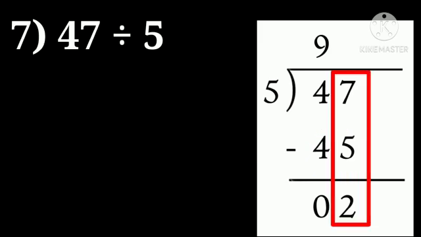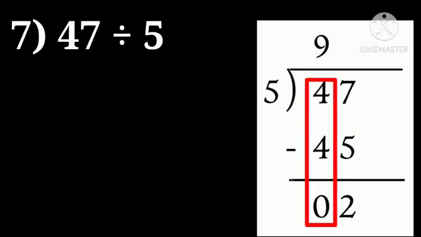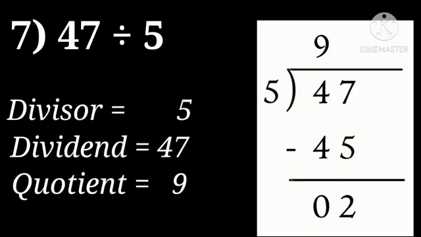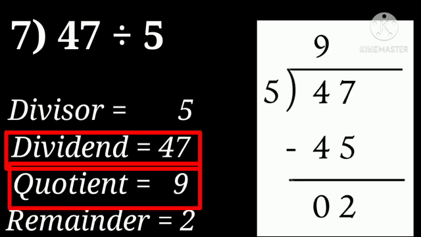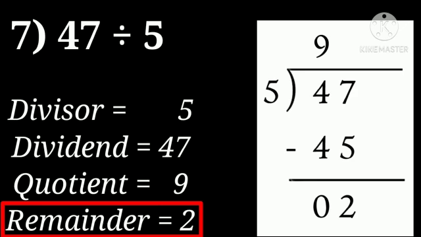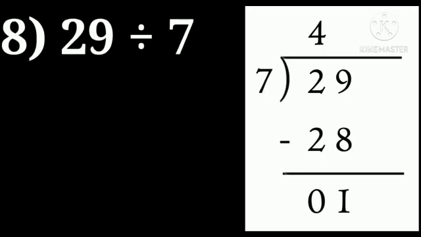Start subtraction starting from units place. 7 minus 5 is 2. 4 minus 4 is 0. Therefore, divisor is 5. Dividend 47, quotient 9 and remainder is 2. Next one,